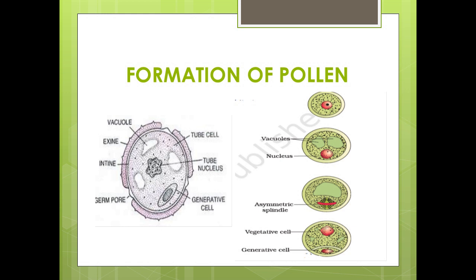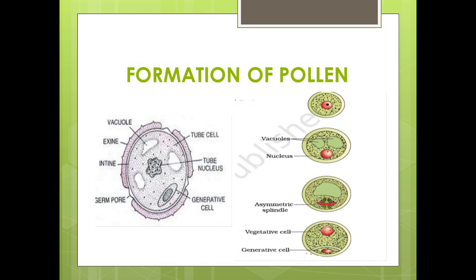In the pollen grains, there are certain prominent apertures called the germ pores, where sporopollenin is absent. Pollen grains are well preserved as fossils because of sporopollenin. The cytoplasm of the pollen grain is surrounded by plasma membrane. When the pollen grain is mature, it contains two cells, the vegetative cell and the generative cell. Vegetative cell is bigger, has abundant food reserves and is largely irregularly shaped. The generative cell is small and floats in the cytoplasm of the vegetative cell. It is shaped like a spindle and has a nucleus.